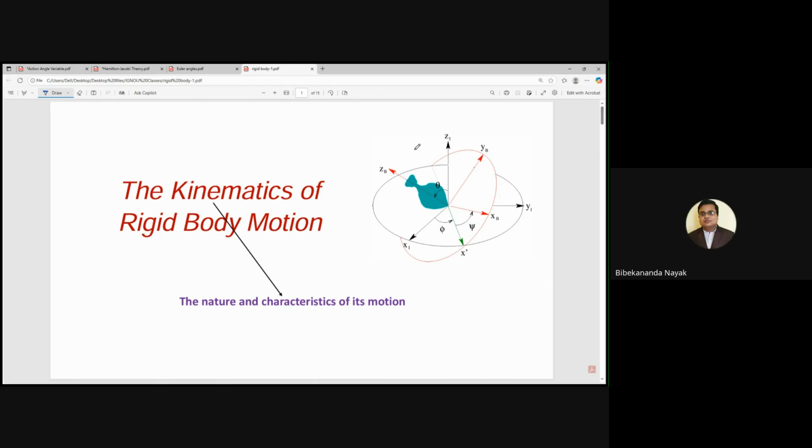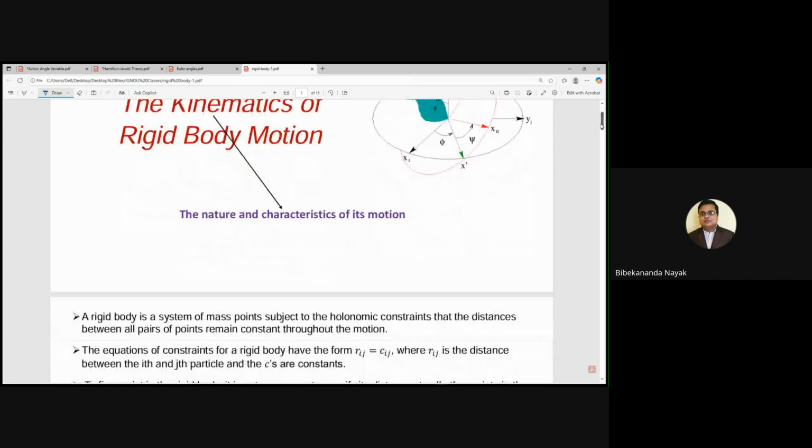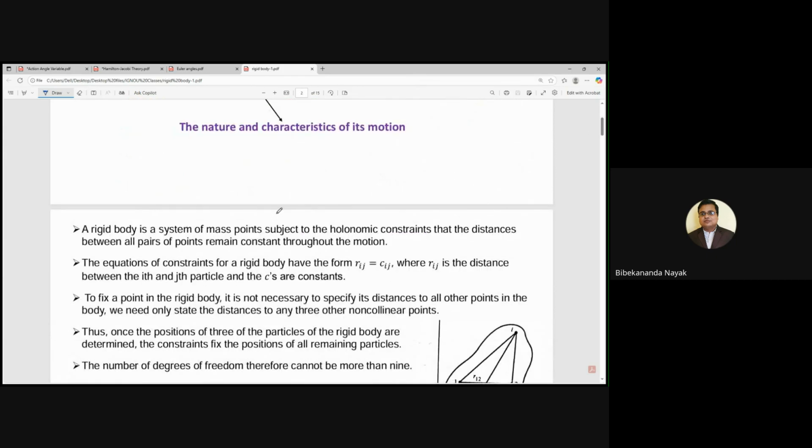Actually, this is part four, which is a very important part. So rigid body motion. Rigid body means the distance between any two points of the body is fixed. Suppose for this body, the distance between, let's say, AB is fixed, AC is fixed, AD is fixed, BC is fixed, BD is fixed. So when we construct a body, suppose we take one particular point, let's say A,